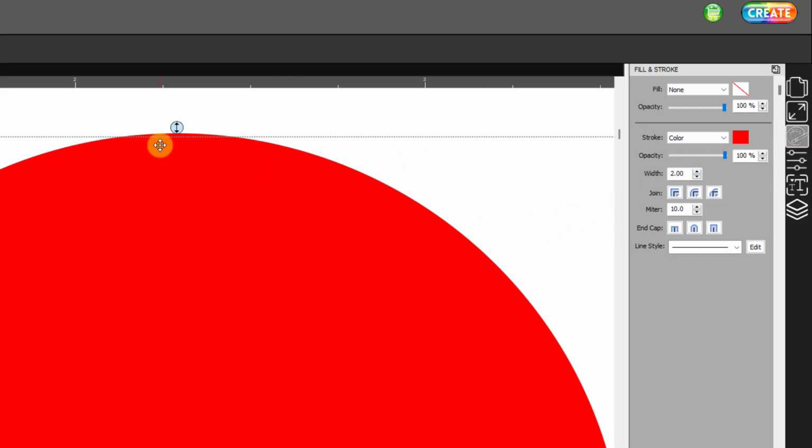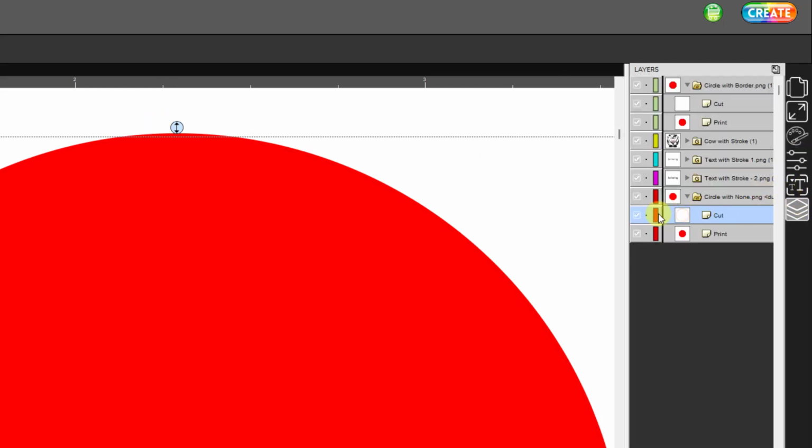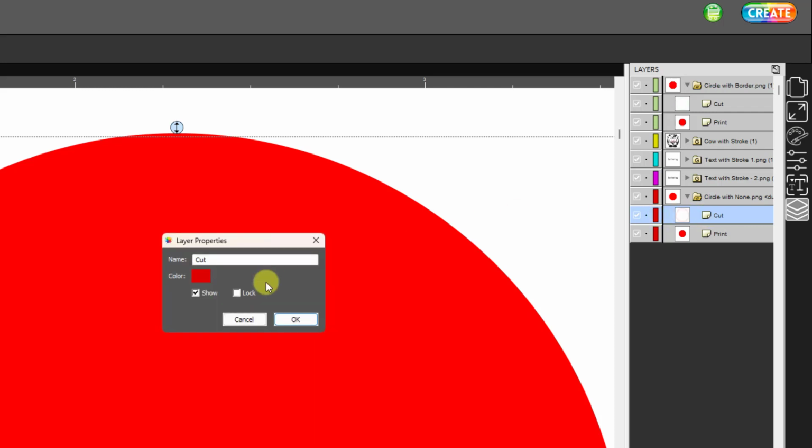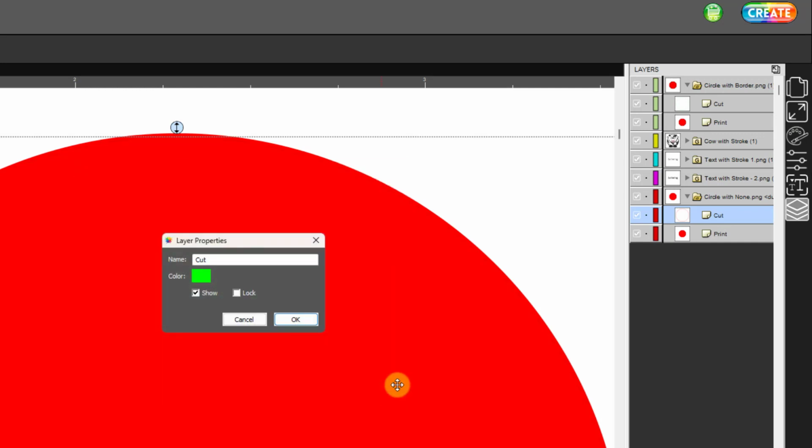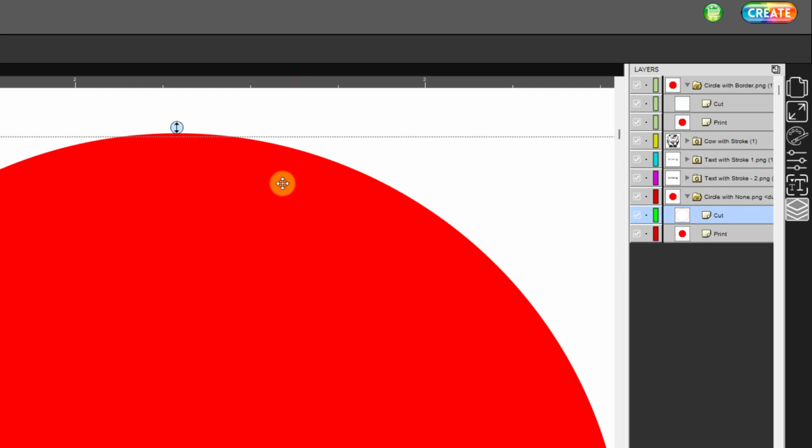And then when I hover my mouse over it, let's come back to this cut layer. The color of the layer is set to red, so let's double click that and then set that cut layer or that color to something that'll show up better when I hover over it. So make it green. Now you can see that I've added that bleed just on the outside of that